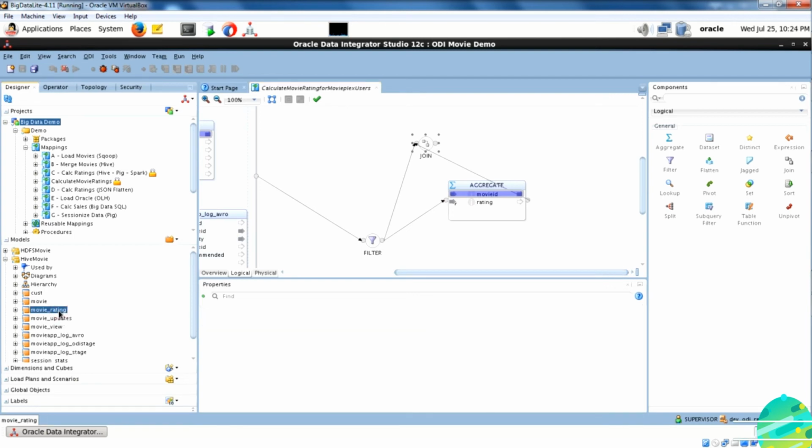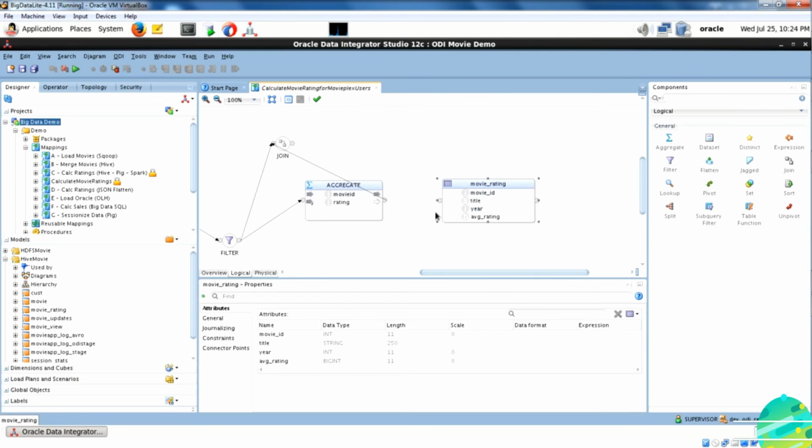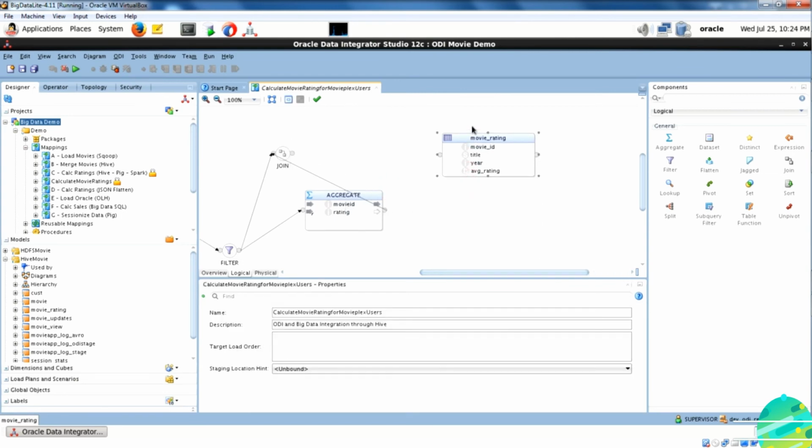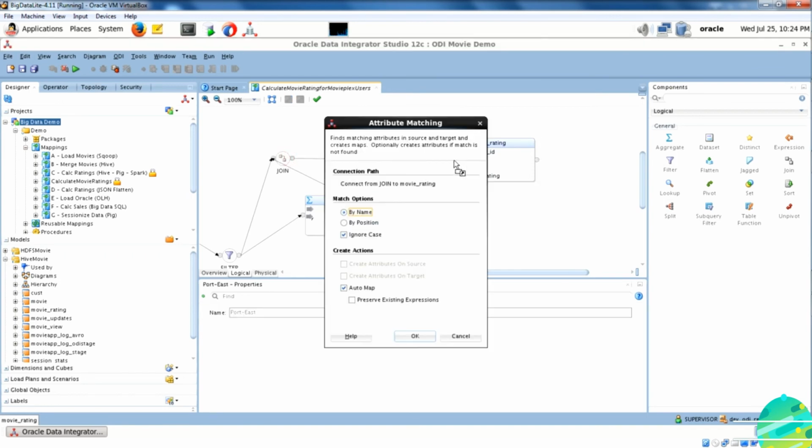And after that, you are going to populate the movie rating table. The movie rating table contains the movie details and the average rating for that movie. Average rating comes from aggregate and the movie details like title, year comes from movie table.